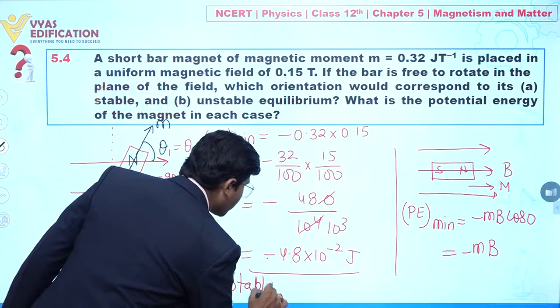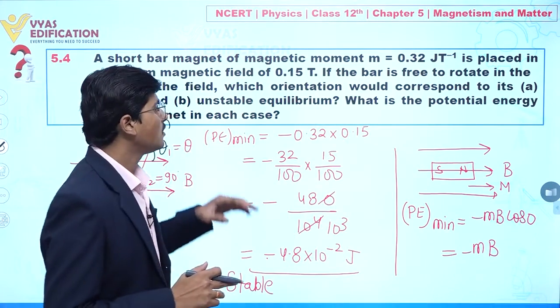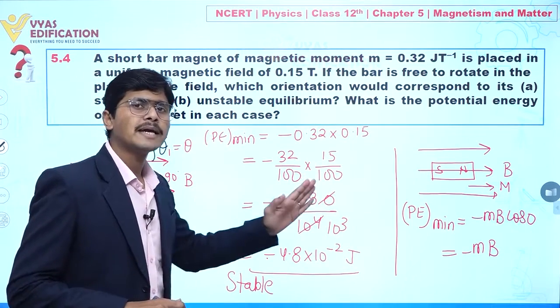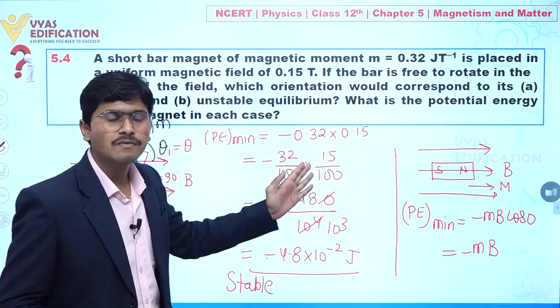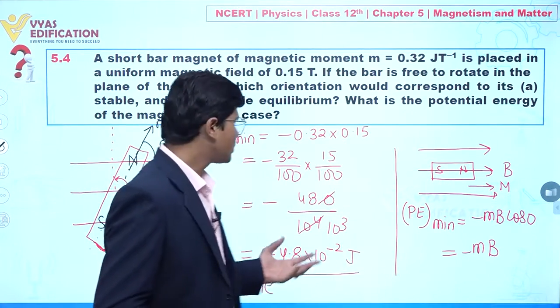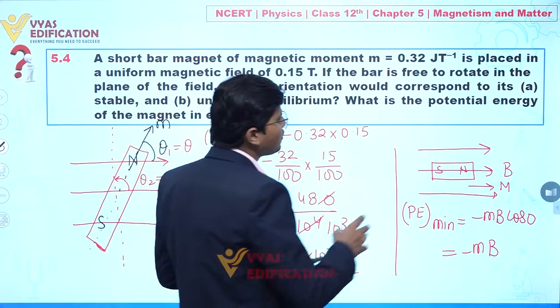So if somebody asks you what is a condition of stable equilibrium: when this short dipole, this bar magnet, is aligned like this, so that the angle between magnetic moment and the magnetic field is 0, this is a position of stable equilibrium. Now why are we saying this is stable equilibrium? So let's suppose you disturb